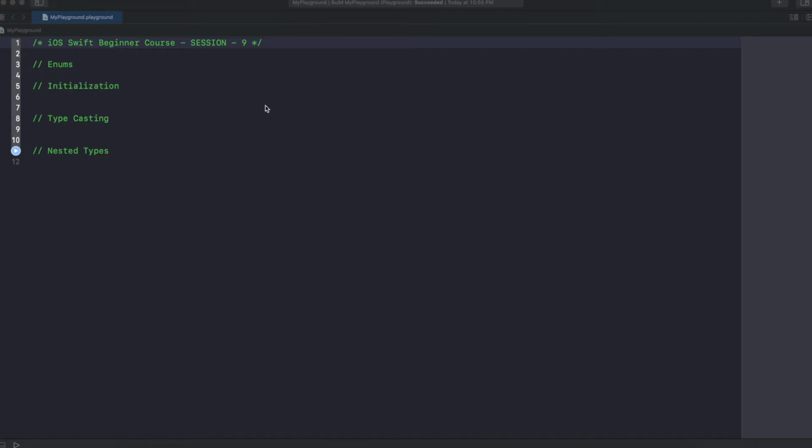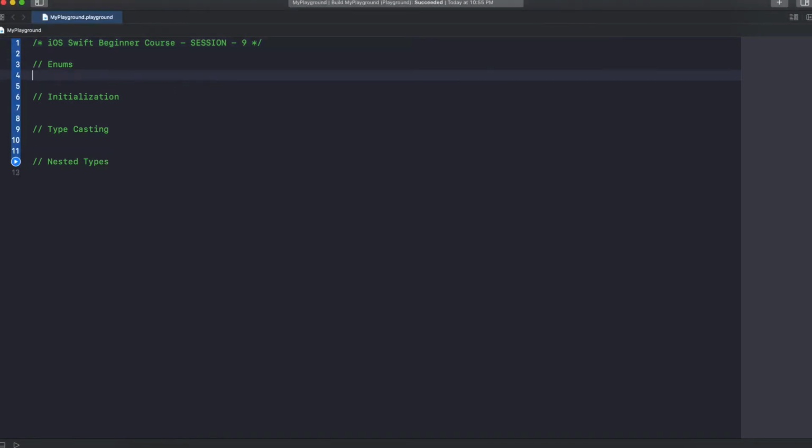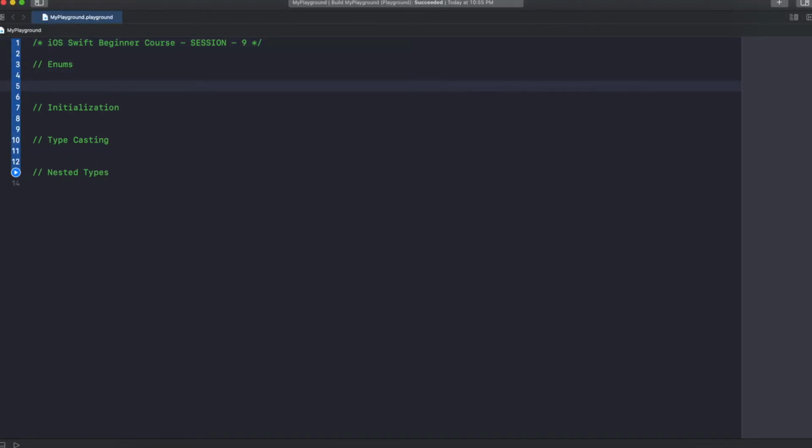So let's see what enums are. Enums are nothing but the states or types an object can have. Let's take an employee. An employee can have different access, right? He might be a contributor, he might be an approver, or he might be an admin. These are all the types an object can have at a given point of time, right? So let's see how it works.